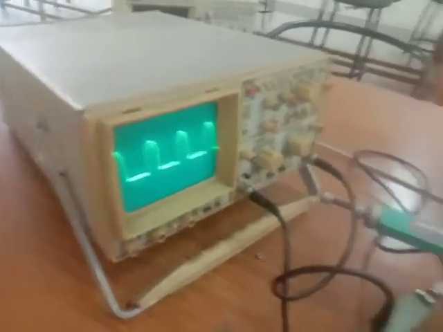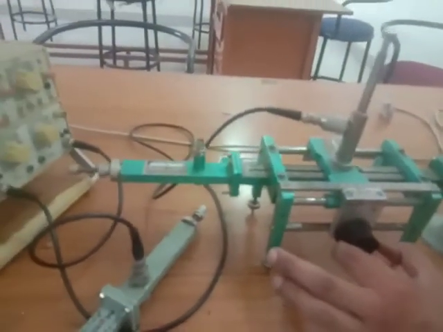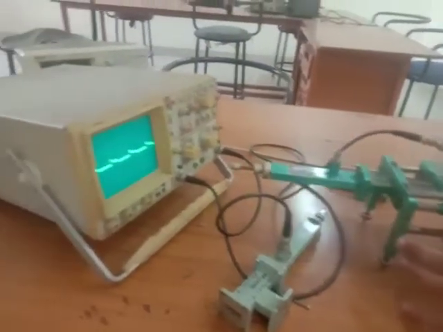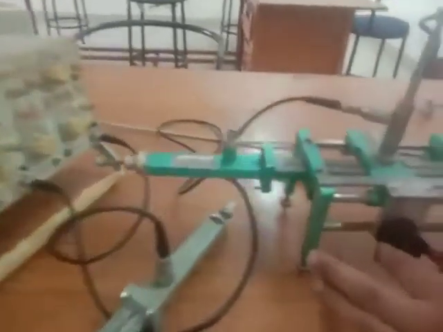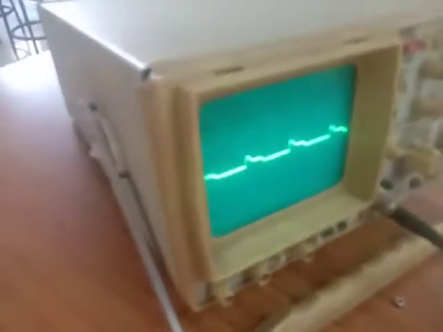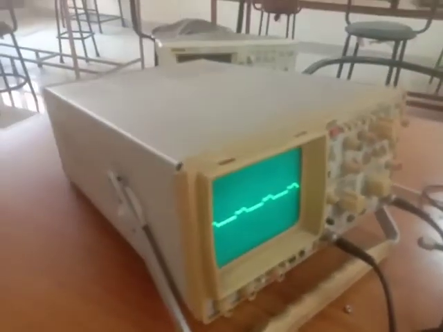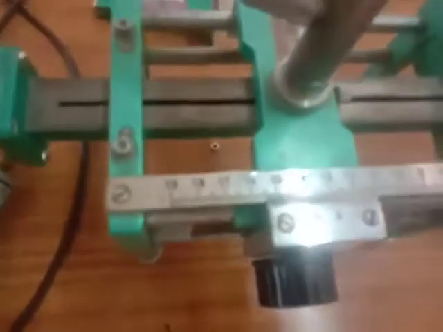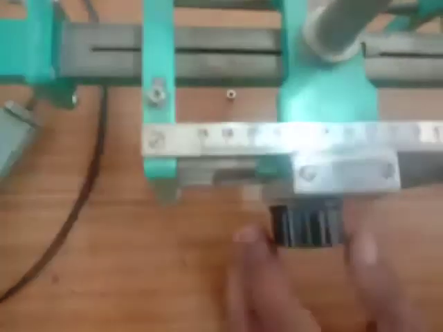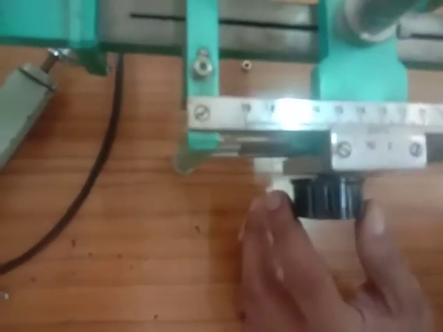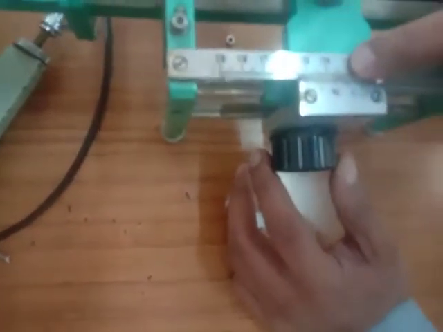We rotate the knob of the slotted section to get the minimum value on CRO. This is the minimum value on CRO, and we measure the value on the scale of the slotted section for the minimum.